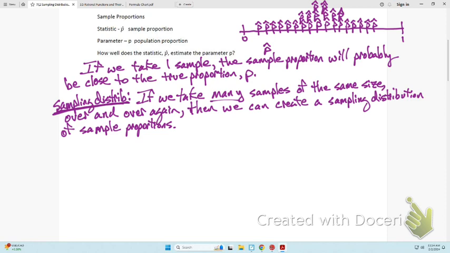In theory, the largest possible number of samples from our population creates a monstrous stack of P hats. That is a sampling distribution. Let me write this on the side. Sampling